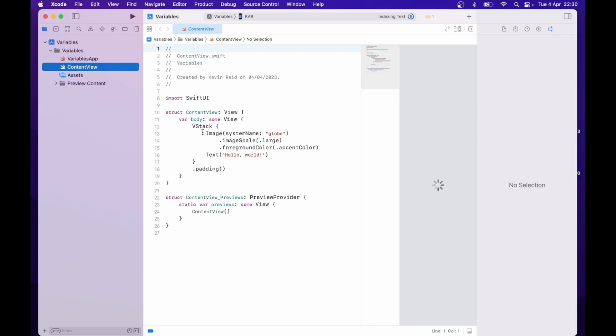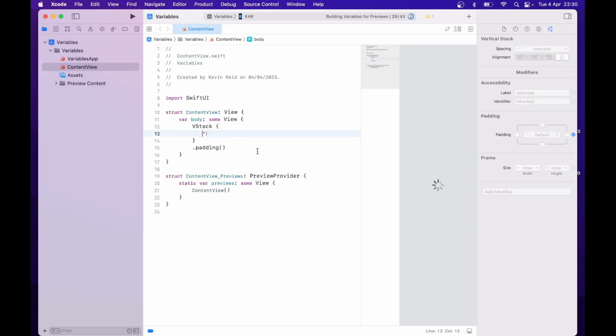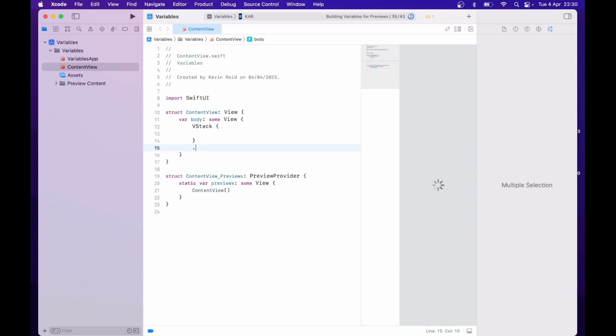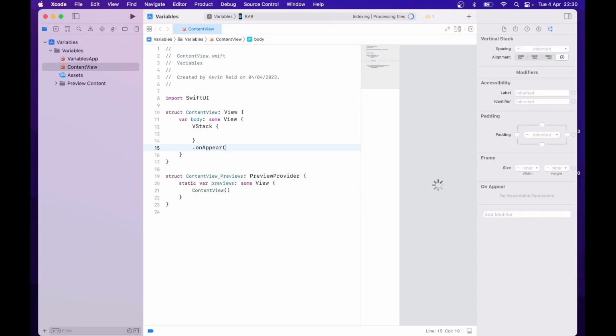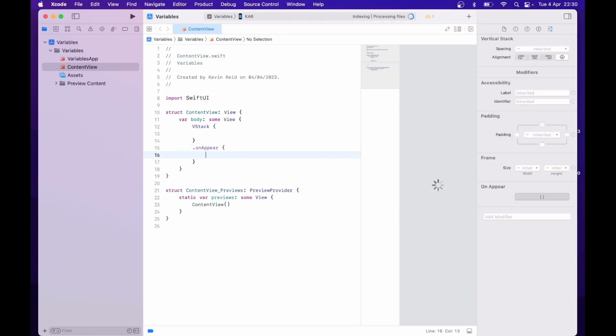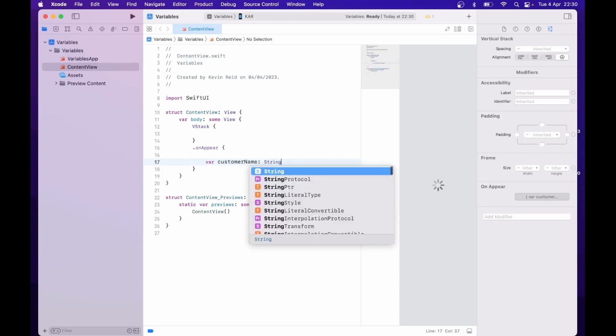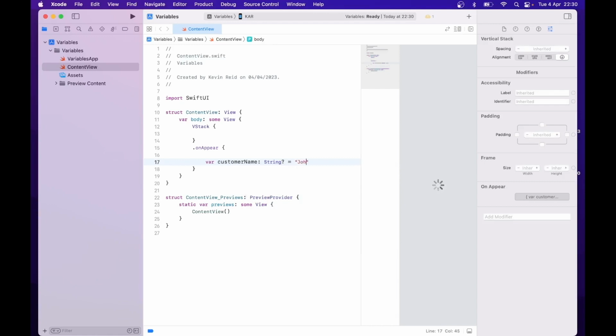And then delete lines 13 to 16. Now enter the following. .onAppear var customerName: String? = "John Smith"